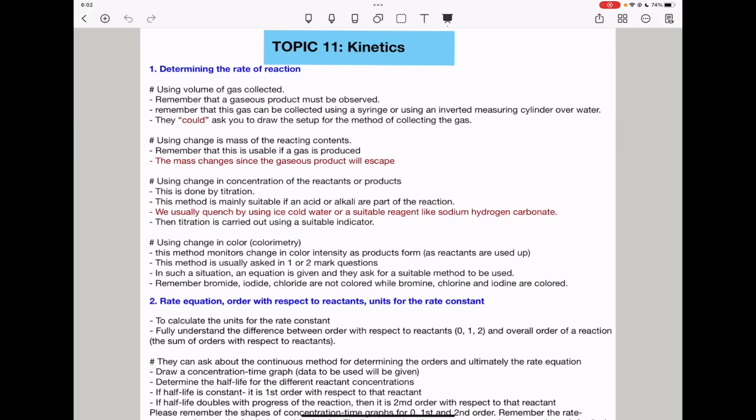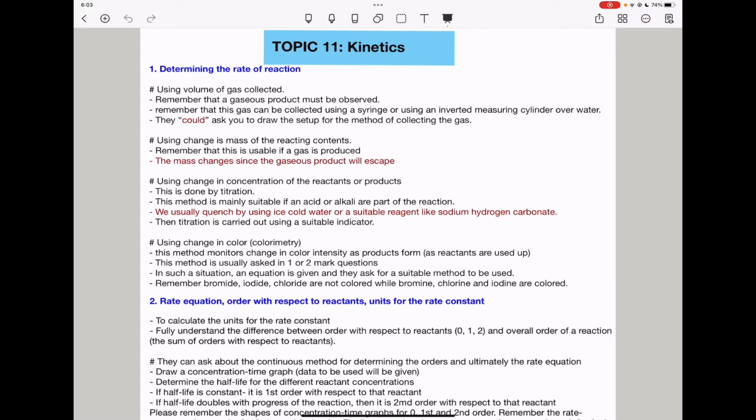Another method could be measuring the change in concentration of reactants or products. This could be change in concentration over change in time, and this can be carried out by titration. However, most of the time before you titrate, you will need to quench using either ice-cold water, or sometimes they use a reagent like sodium hydrogen carbonate. So then you can titrate using a suitable indicator to get the concentration of any component, either reactant or product,